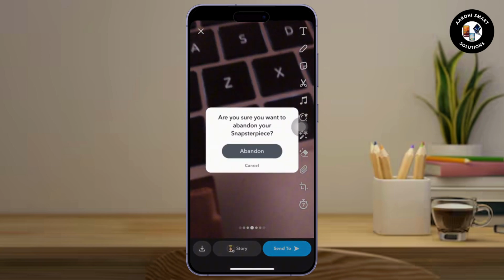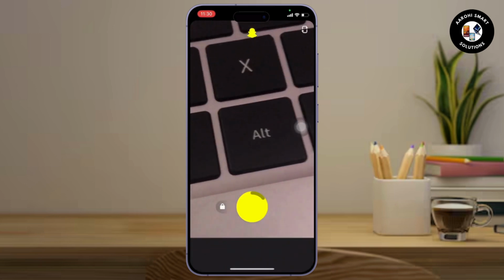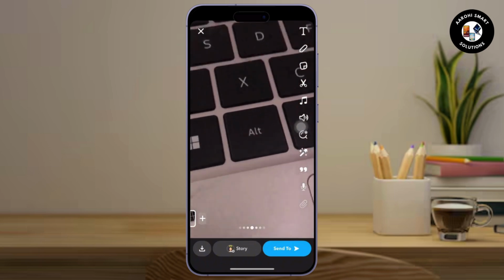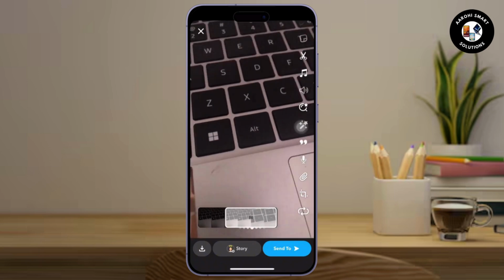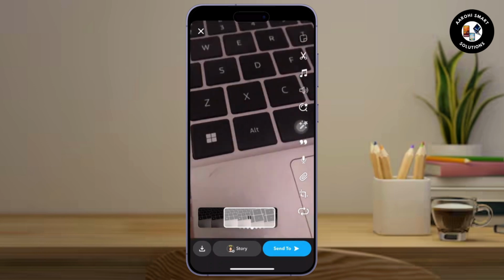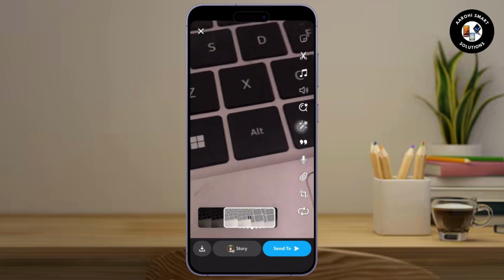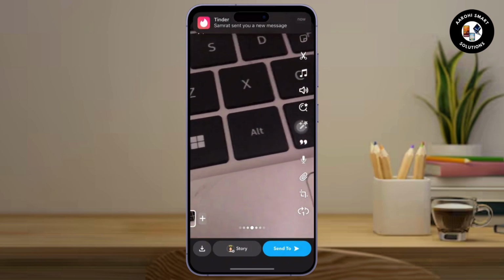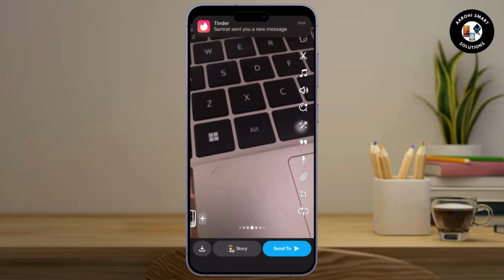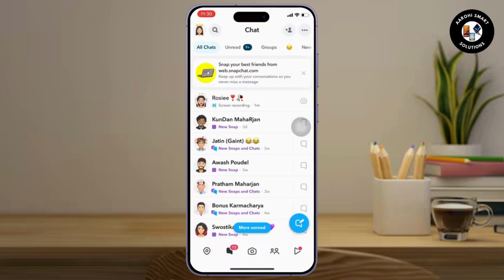So yeah, the same goes for your video snap. Here I'm clicking a video snap, and after clicking a video snap, we can see the same option right below. We can see a snap timer right there. If we long press the timer for a bit, then we will be able to set it so that the person can only view your snap for 1